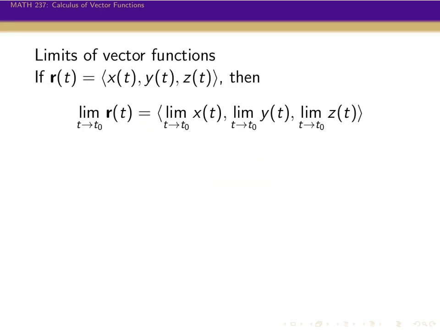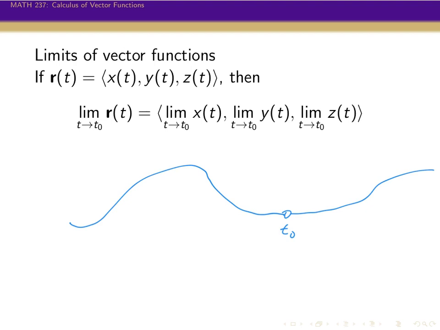Right? So if we have some vector function, let's do this in R3 right now. Then what does it mean to take the limit as t goes to t0? Well, we have some vector function. Let's say t0 is right here. Who knows what happens exactly at there, right? But then the question is, what happens as you get close to it, right? And so the limit of r of t as t goes to t0, well, you're just going to look at,